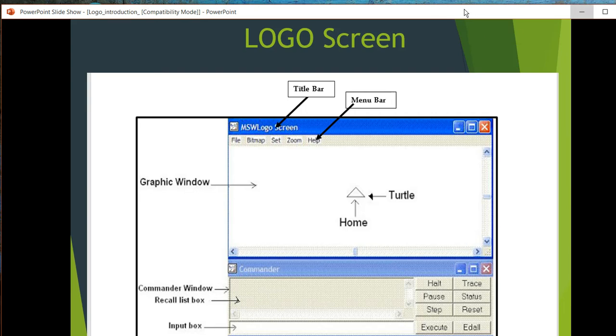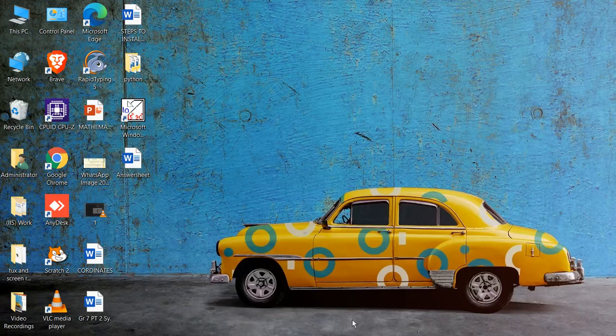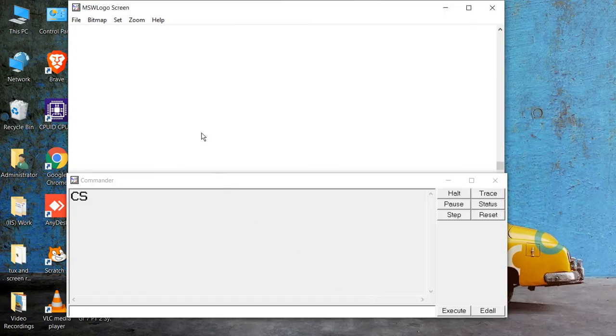Now I am showing here the logo screen so that it will be easy for you to understand logo. Here you can see the logo command, and you can see that my turtle is coming here. Now I am just telling you about all of it.